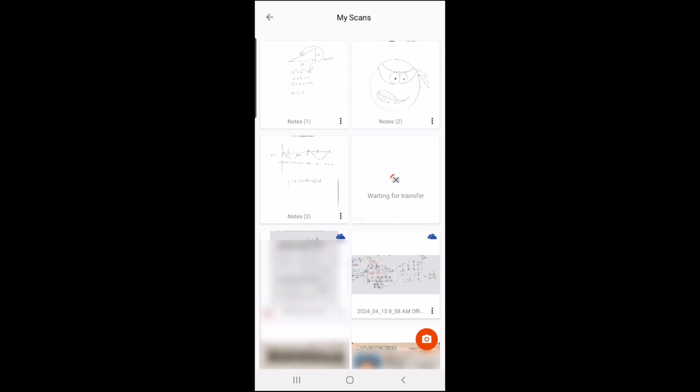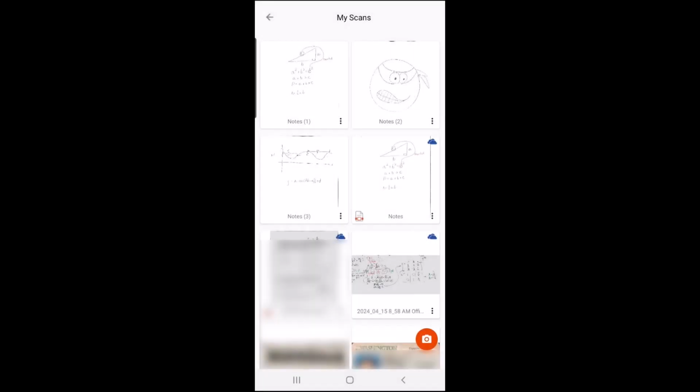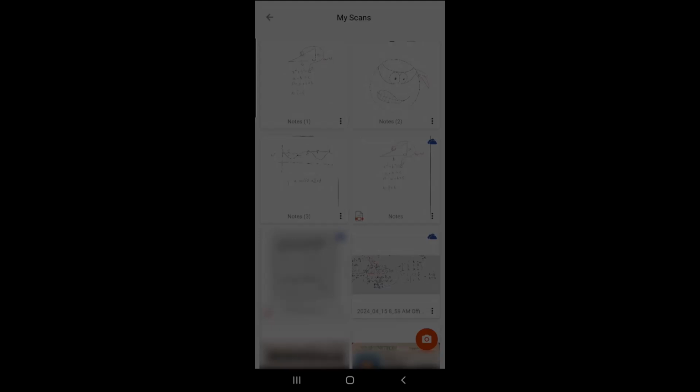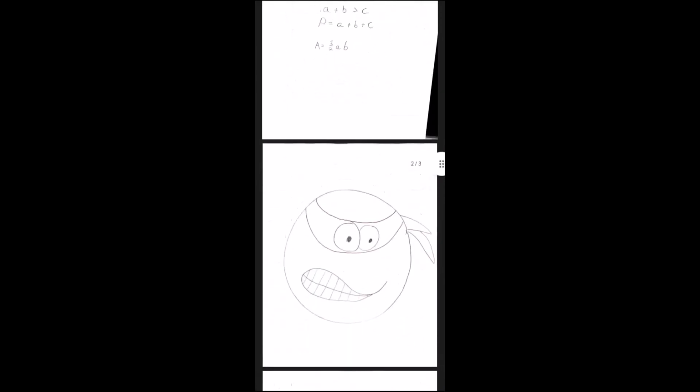And you can see it saved the top two here. Sorry, I can't point on my phone. The top two and second row on the left are just the individual images. And this one is the full PDF that I can download and open. I had it stored to OneDrive, but I can just view that here. And now I've got a PDF that has all of my notes in there just like I wanted. So that's how you use Microsoft Lens to capture notes.